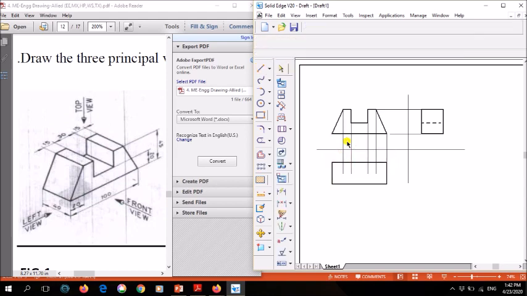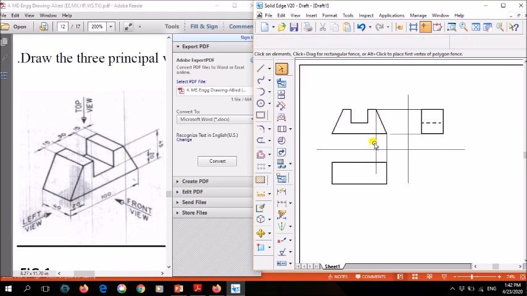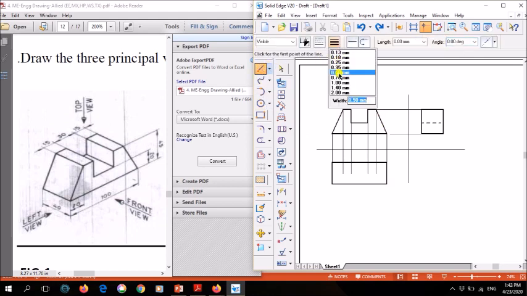Later on you delete these projection lines, you don't need them, because you need to show the dimensions and they would overlap with the dimensions. Clear? But just before erasing them, you need to show the views now. From the top, this plane or face is visible. One face, second face, third face, fourth face, and fifth face, these five are visible. Again take a pencil. Now using thick line, complete this. From here to here, that is your first one. Same way the second one, using thick line, complete this.